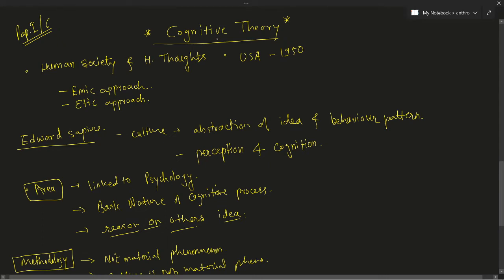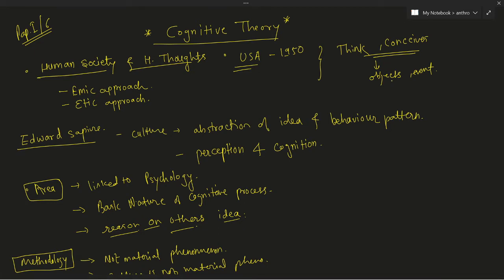As far as cognitive anthropology or cognitive theory in anthropology is concerned, it emerged in the USA, that is, the United States of America. It is the study of the relationship between human society and human thoughts. Cognitive anthropologists study how people in a social group think and conceive about the objects and events which make up their world, including physical objects as well as abstract concepts such as social